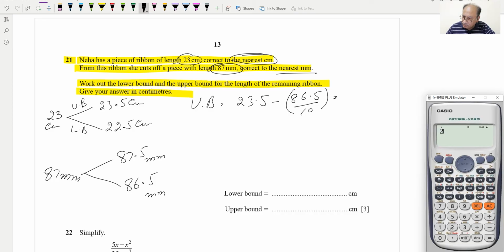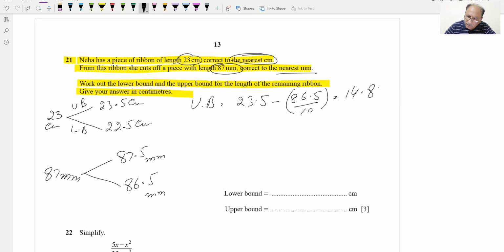It will be 23.5 minus in brackets 86.5 over 10, and this will be equal to 14.85 centimeters, and this will be upper bound,